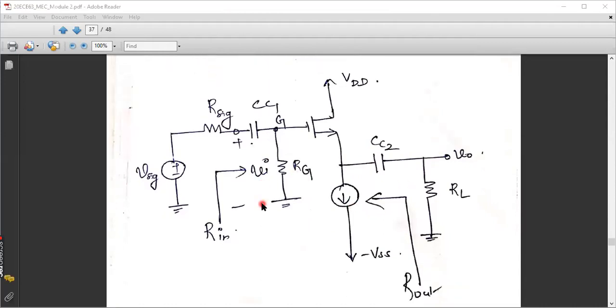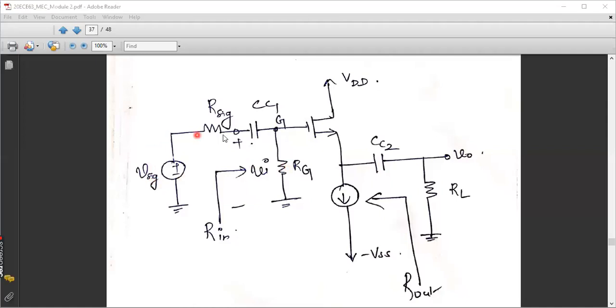So this is basically a unity gain amplifier, which means your output is exactly following the source terminal, which is further equal to your input. The gain is closer to 1 or just above 1. That's it. So there is not much high gain we can expect from this particular configuration.